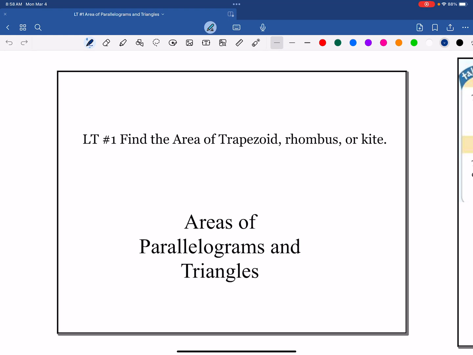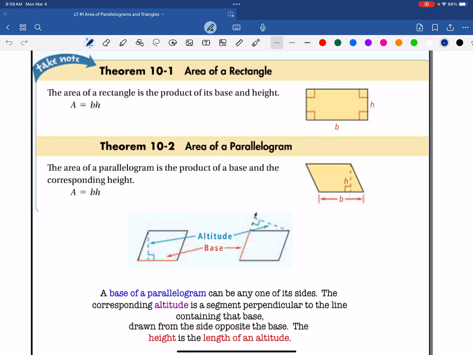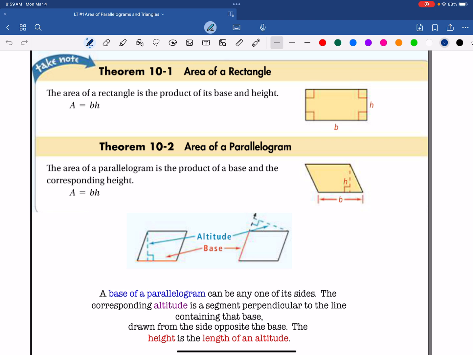Hello, this movie is for Learning Target 1, area of parallelograms, triangles, and other quadrilaterals. Area of a rectangle is the same as the area of a parallelogram. It is just base times height, and the thing to notice is that the base and the height are always